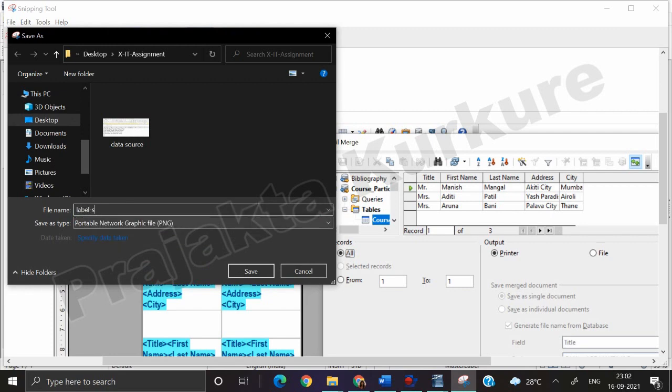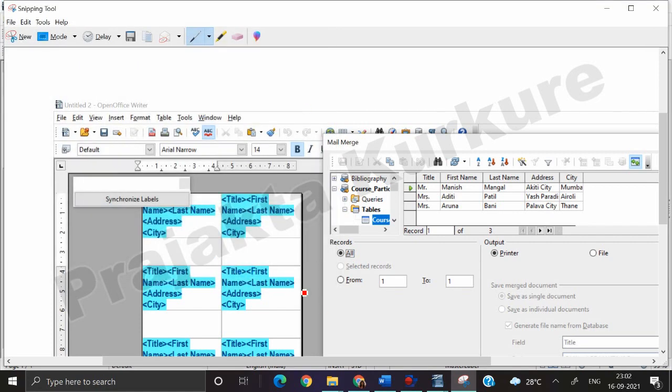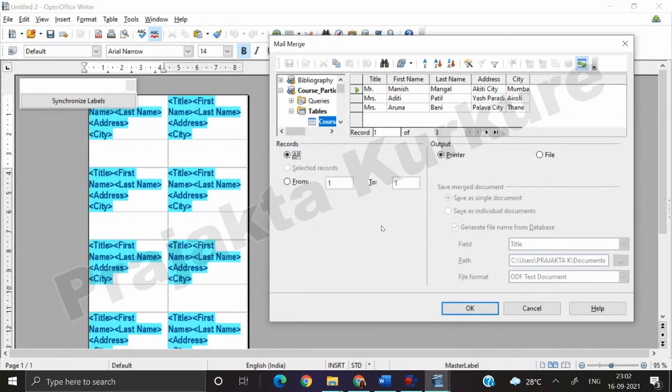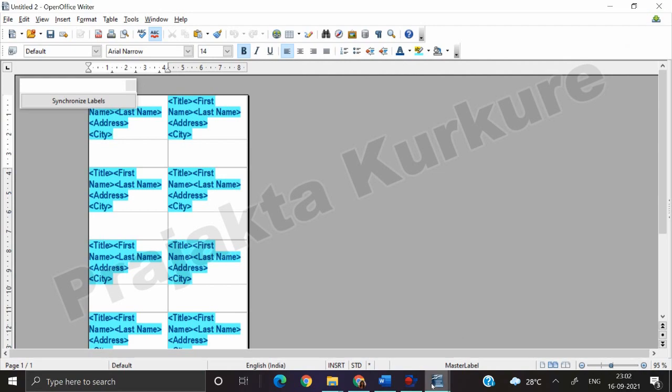I'm giving the name as label screen and save, because all these labels are going to be put in your practical file. That is why I'm taking the screenshots and telling you from time to time which screenshots you need to take. So this is now your second part of the mail merge completed.